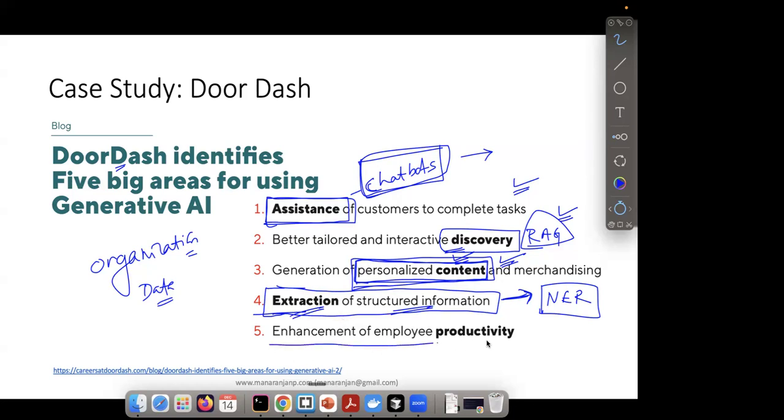Then enhance employee productivity. For example, just now we saw how we can use the prompt generator or prompt canvas to quickly write a product requirement document, right? So this can also be involved, like code development, system software development, right? Software development. So nowadays most people use tools like GitHub Copilot or Cursor, which enhance the productivity